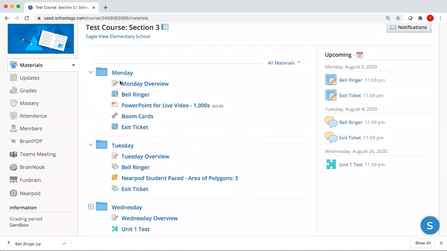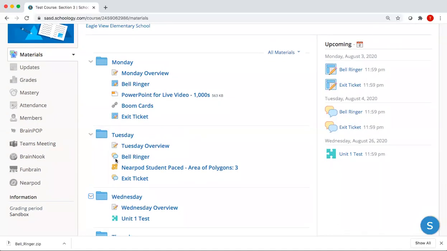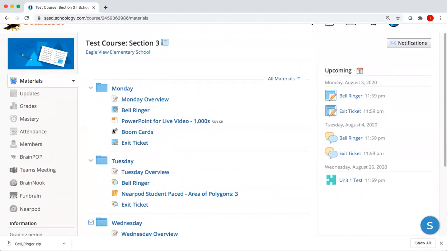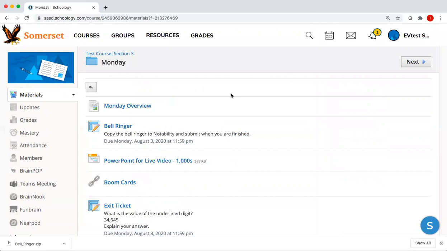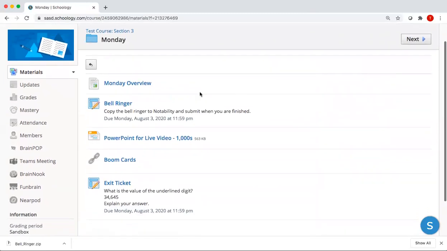But let's take a closer look at some of these types of materials, because I'm sure it looks sort of confusing here with all the different icons and things as you go down through. So let's click on Monday to go inside the Monday folder. And we see that the first thing listed here is a Monday overview, and that icon here is a sheet of paper. What this icon shows you is that this is called a page in Schoology,